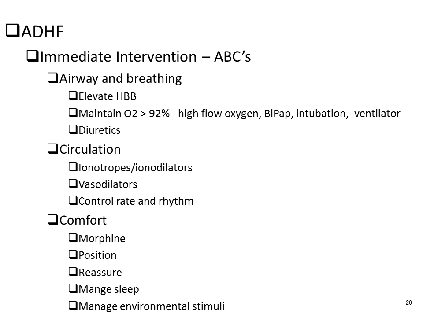So how are we going to treat acute decompensated heart failure? Immediate intervention following ABCs, airway and breathing. What are we going to do? Elevate the head of the bed, HOB. Maintain the O2 sat at 92% with high flow oxygen, BiPAP, intubation, ventilator. So we are going to want to use the least amount of oxygen therapy possible. So we might consider maybe nasal cannula, maybe mask, up to high flow,